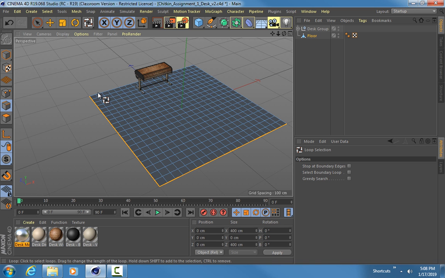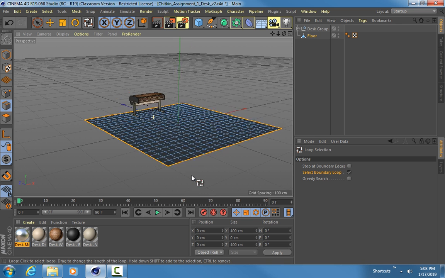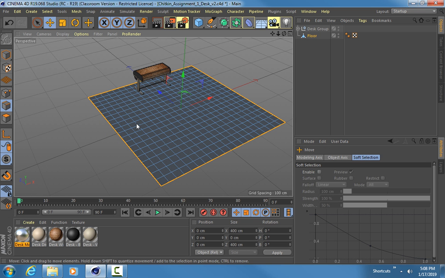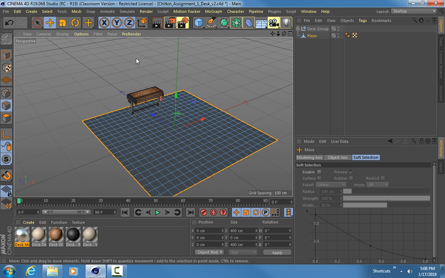By default, it doesn't really want to make it too easy to do that. There happens to be an option in the attributes for this tool to select boundary loop. Boundary is obviously the outside edges, hence the word boundary. So if we enable that, we can highlight all of these edges around here, and then we can extrude upwards. So we could do all of that, but if I undo a handful of steps, we can actually make this